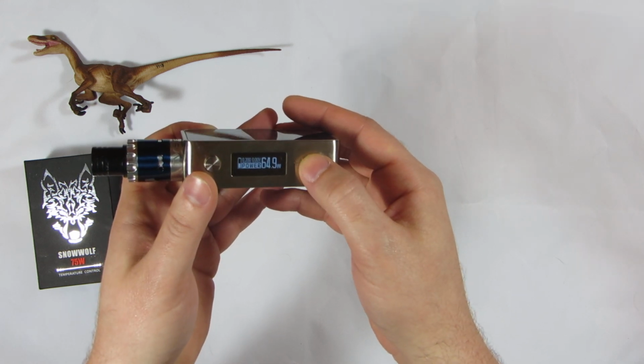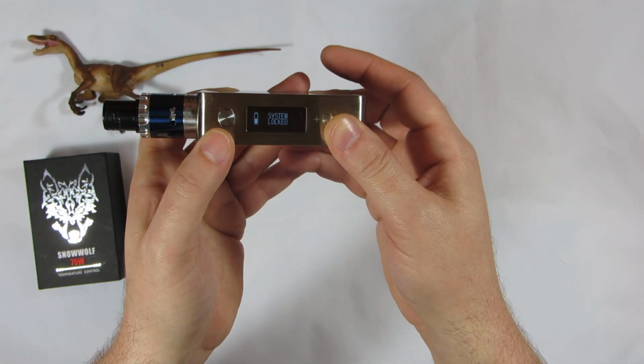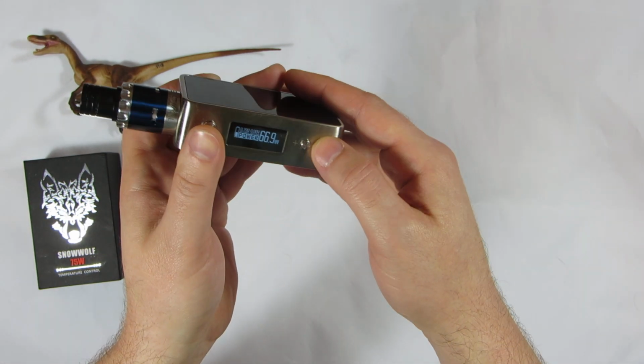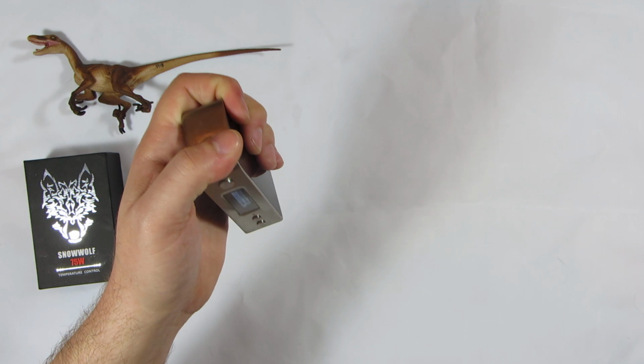But other than that, it has the same lock feature where you press and hold the up button and the power button, and it'll lock it. And then you do the same thing to unlock it. If you want to switch between Fahrenheit and Celsius,